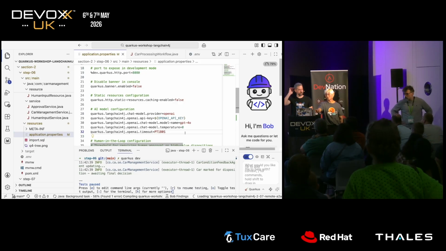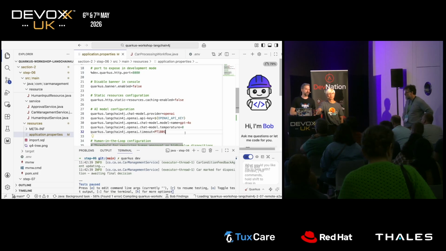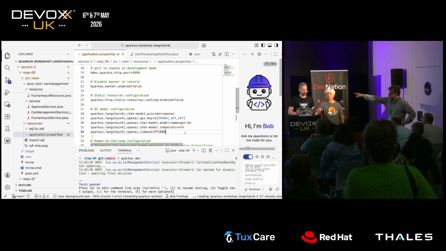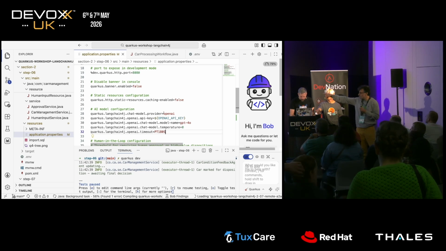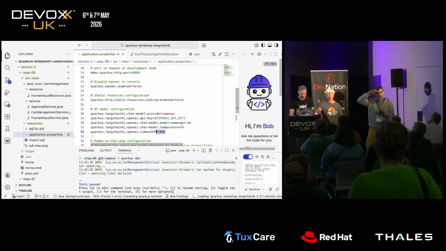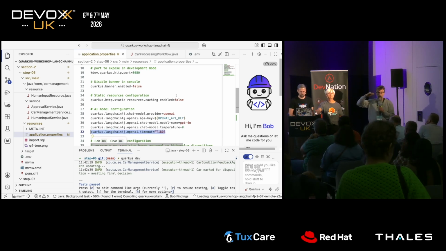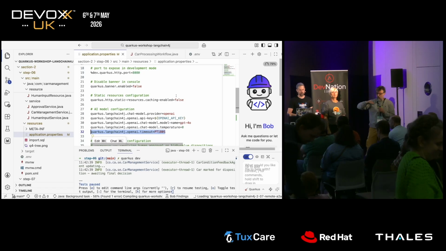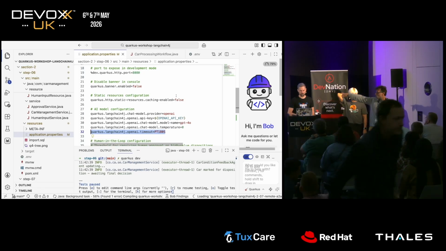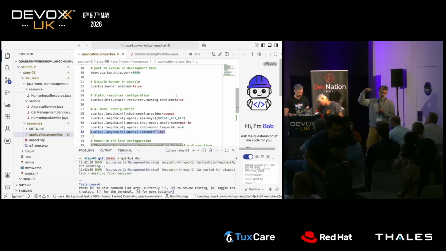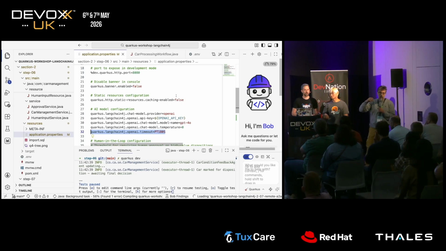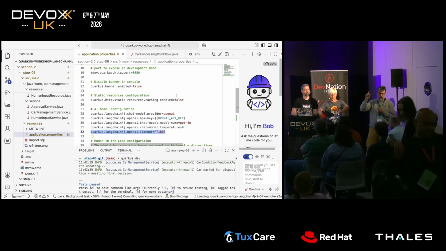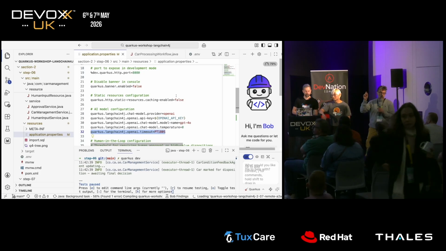Yeah, you can add timeouts just in your application properties. Here, the timeout is something that you put at the model level, not at the agent level. So here we are saying that we have a timeout, and when the timeout expires, you typically get an exception. And for each agent, you can define an error recovery function